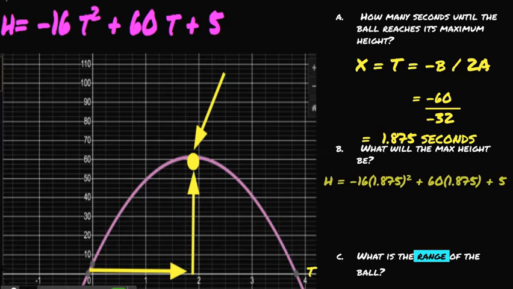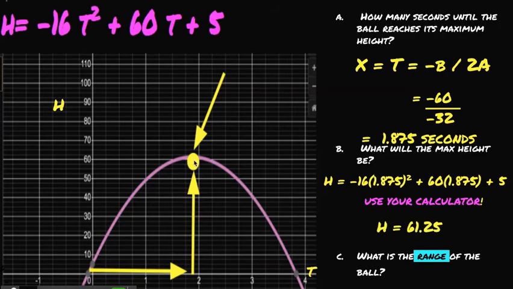But what will the maximum height be? Just like in our non-word problems, to figure out the y value, or the value on the vertical axis, we just plug the x value in. So we're going to take this 1.875 and put it in for the t in our model. Now, we'll need a calculator to do this, so we'll go to our calculators and enter it as it looks. And we would get